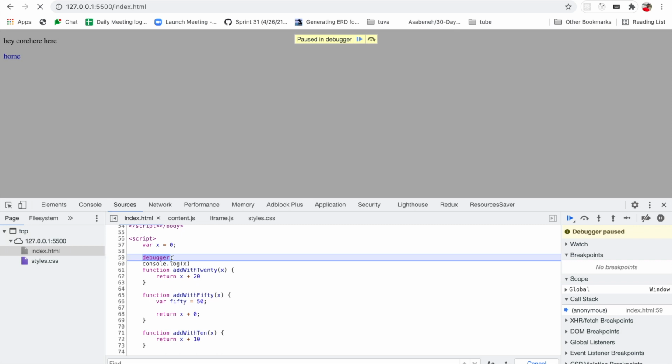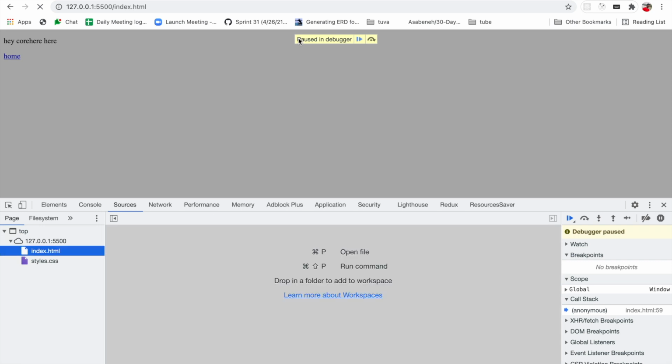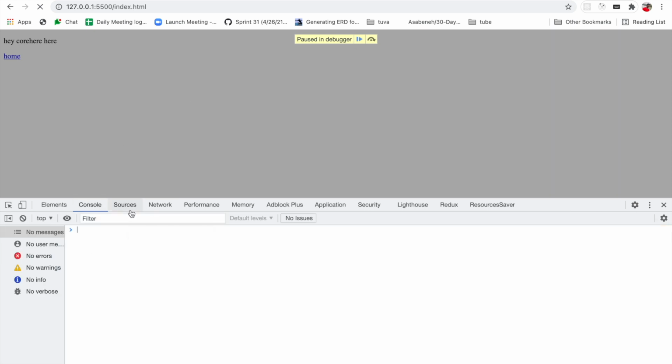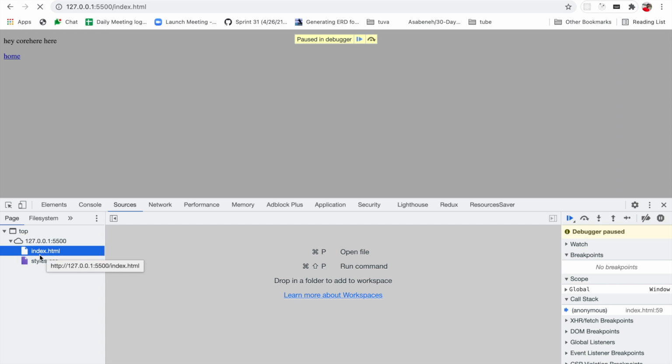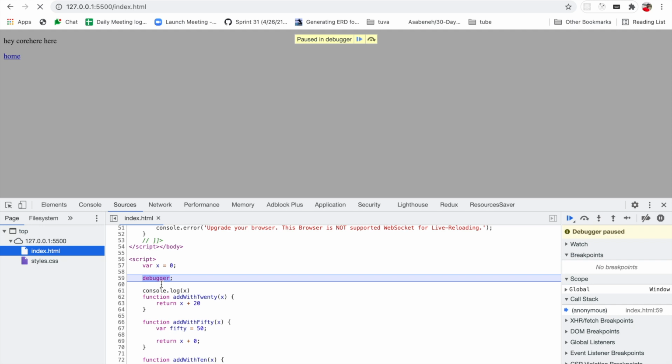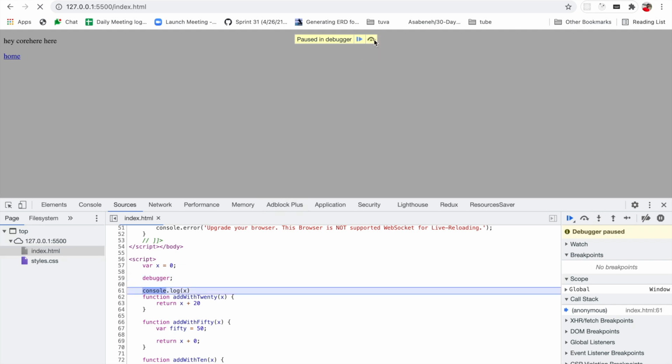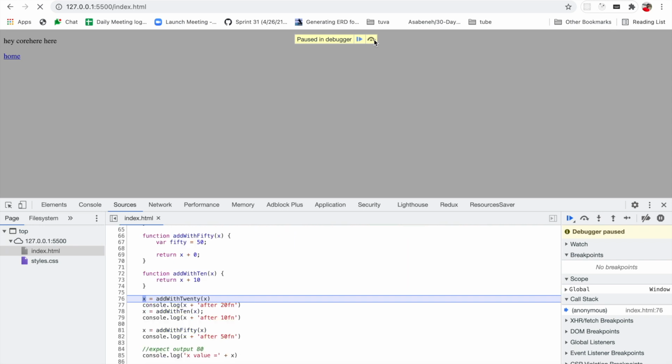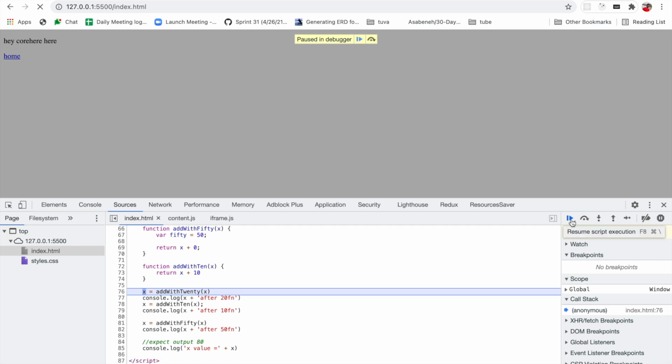Now we can handle the browser step by step. We are seeing the debugger here. You can check the console. Source still loading. Yeah, you can notice the debugger here. Just click this curved arrow icon, something like this, and then you can notice four icons. The first icon is used to stop the debugging. The second one is used for moving to the next line.